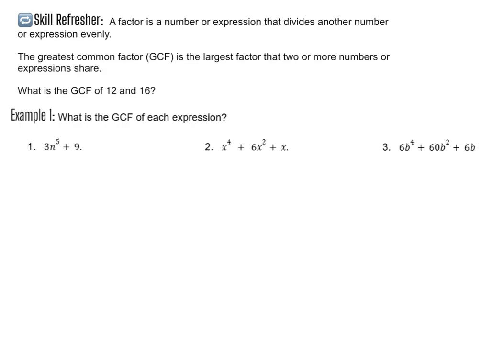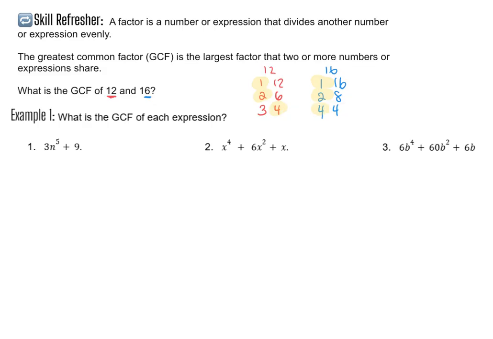In order to find the GCF, we want to list the factors of each. For 12, the factors are 1 times 12, 2 times 6, and 3 times 4. For 16, the factors are 1 and 16, 2 and 8, and 4 and 4. Now we want to find all of the common factors. The common factors are 1, 2, 4,